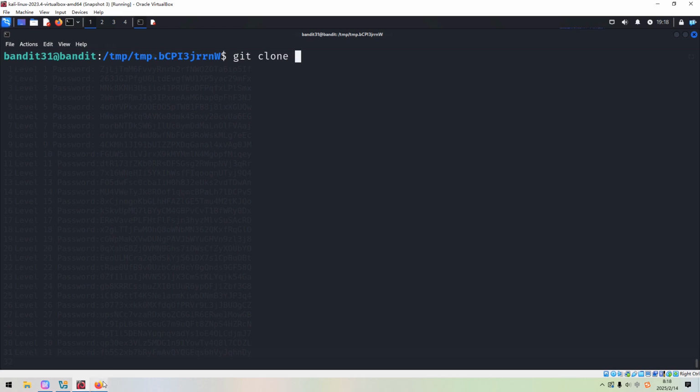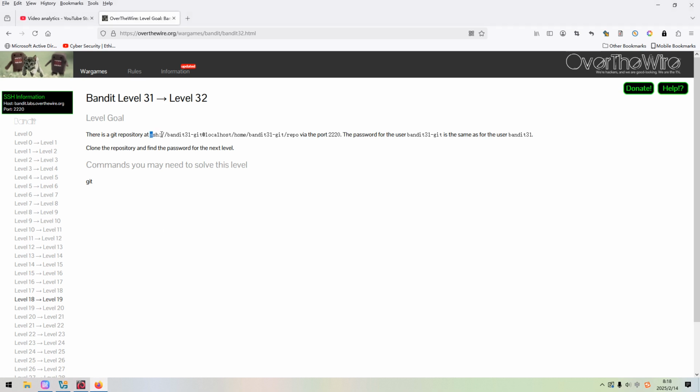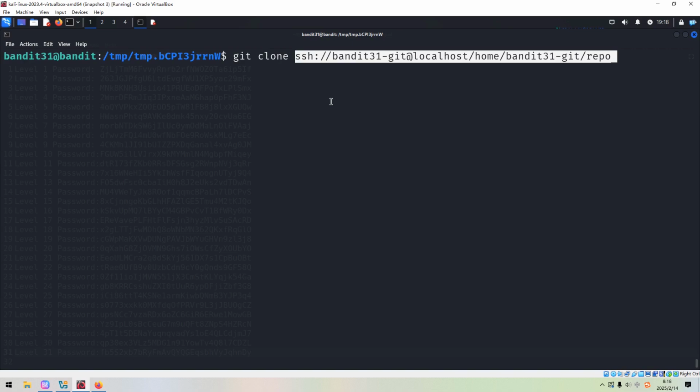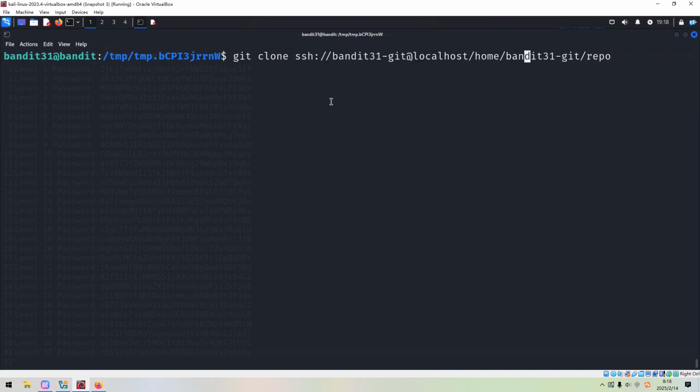We can copy the address from its description, paste in here, and as in previous levels, we need to specify the port number. Otherwise, this will not work. And we can put the colon between the host name and the absolute path. And here, let's press